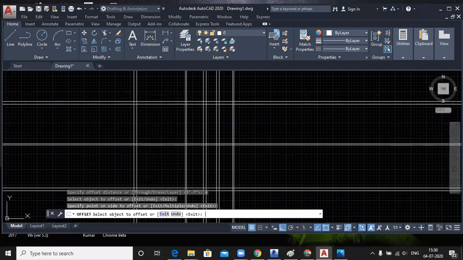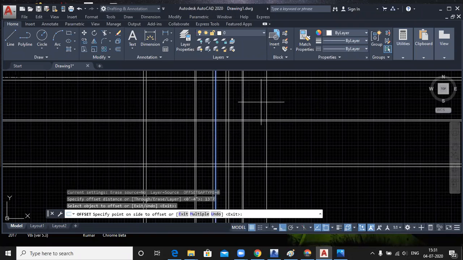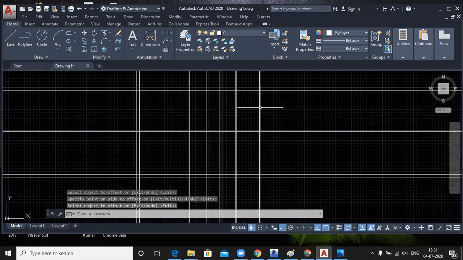Yes, sir. You just choose your offset from the toilet, 13 feet 7 inch from this line, right? Yes, sir. From this or from this one? It is from the internal, this is from your toilet wall, am I right? Yes, sir. You just click here and click here. And this is also your 9-inch wall.